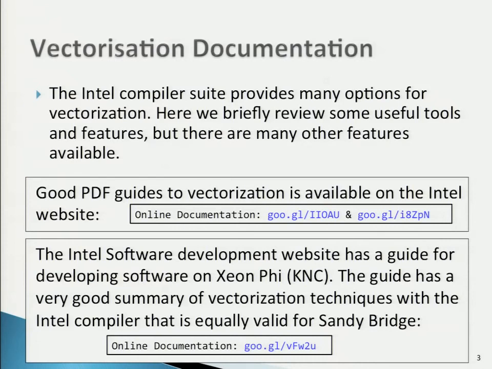So I've just given you some links. The links were very long, so I had to shorten them. Now these slides are in the directory for the workshop, so you can go to these sites and get some more detailed documentation. The first two guides are specifically for x86 Intel processors like our Sandy Bridge. And this is a guide that is all about developing